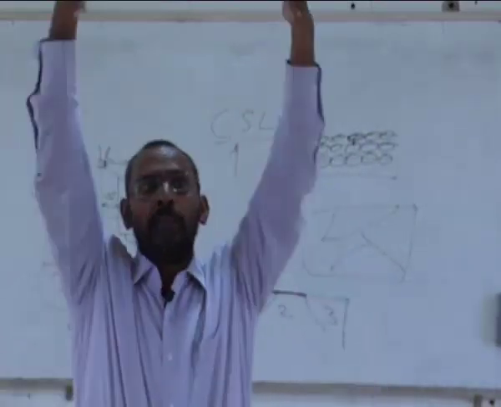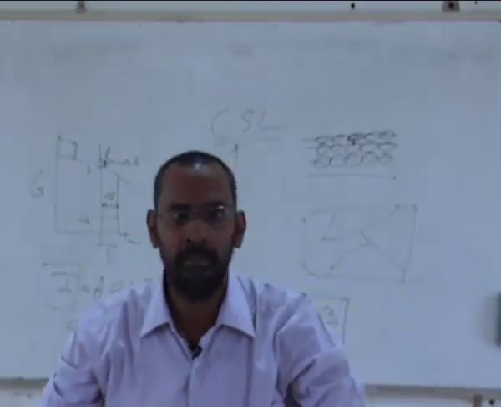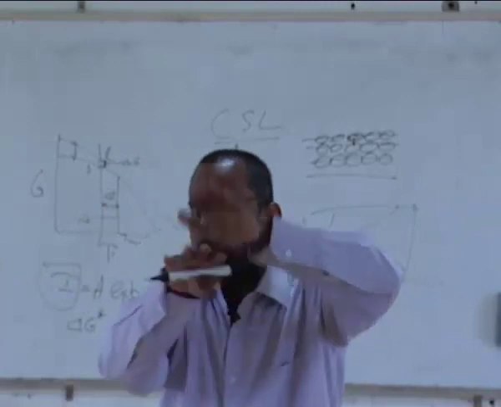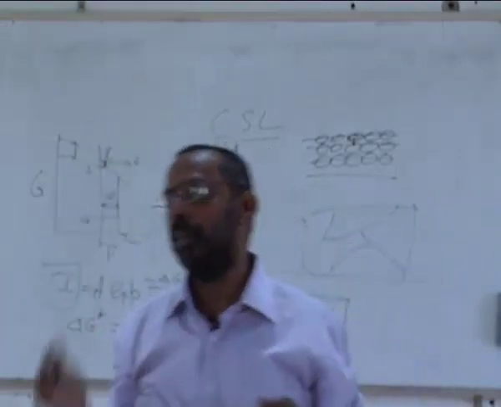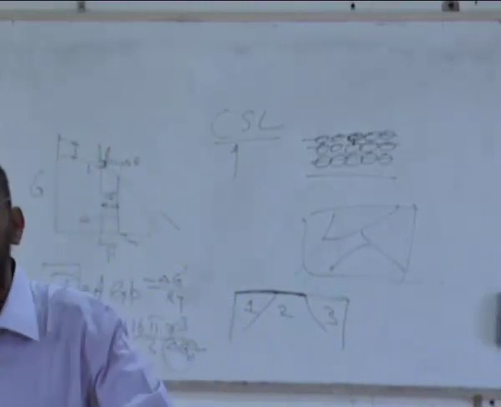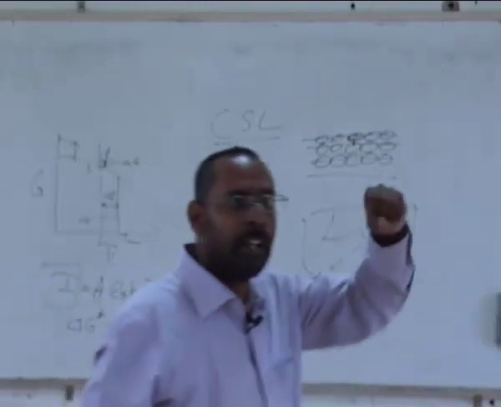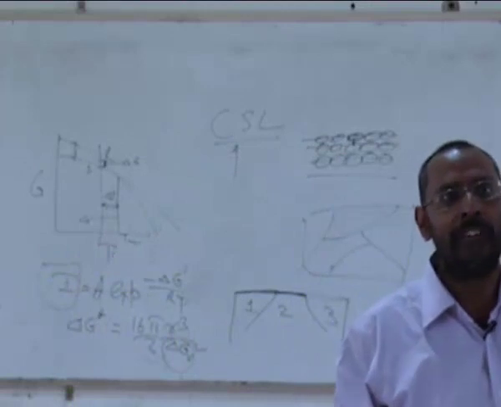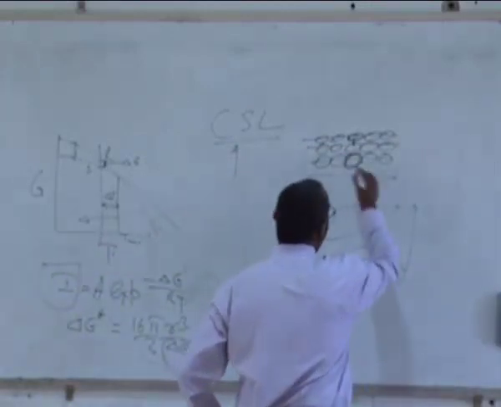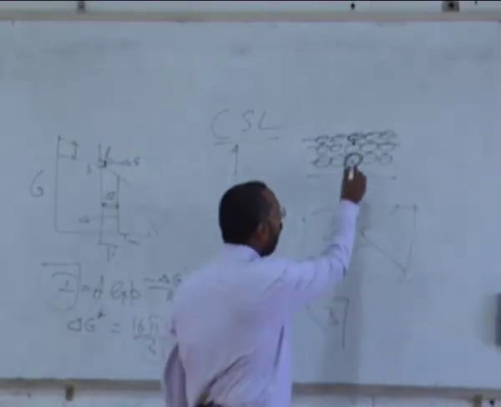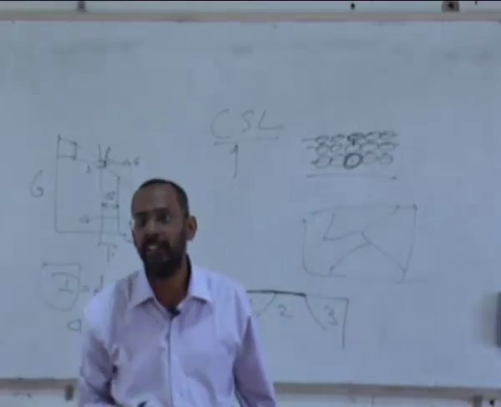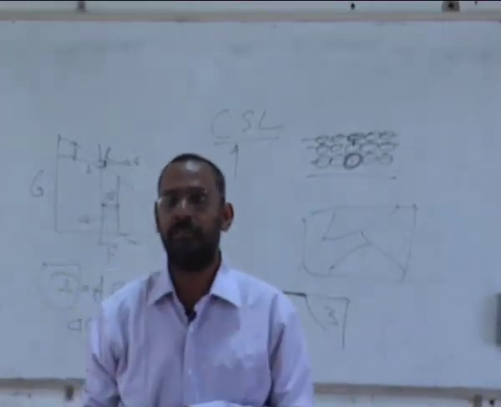So those 3 atoms above are not there now because it's a top surface. You only have atoms in that plane and atoms below, you don't have atoms above. That means out of these 12 bonds, 3 bonds are broken. So this particular atom sitting on the surface will have a higher energy compared to an atom sitting in the center, inside the material, because that atom has all the atoms around it. All the 12 nearest neighbors are there.